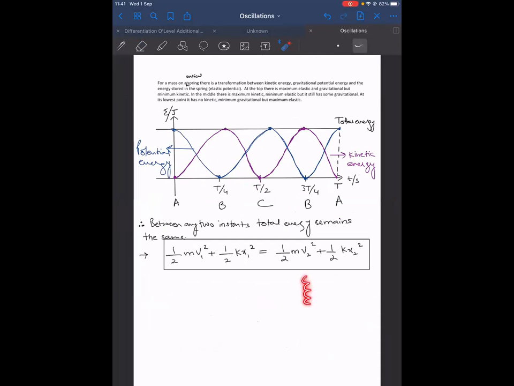यानी कि ये spring है। तो जब ये आपका extend होके इधर आ जाएगा, ठीक है, ये point of maximum displacement, या फिर ऊपर चला जाए, ये आपकी मेन पोजीशन हो गई। ठीक है, तो यहाँ पर at the top there is maximum elastic और gravitational, यानी कि मैं इसको ड्रॉ कर देता हूँ।